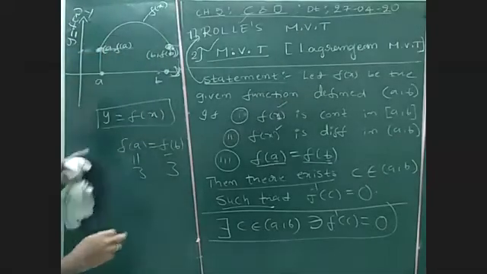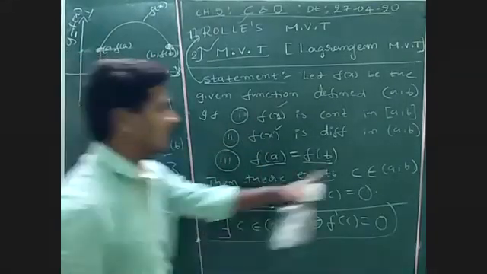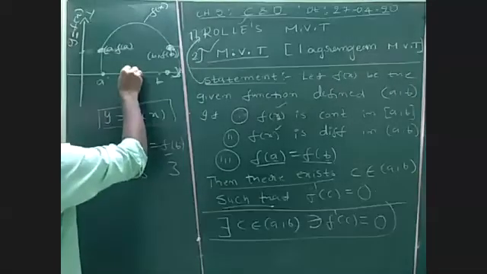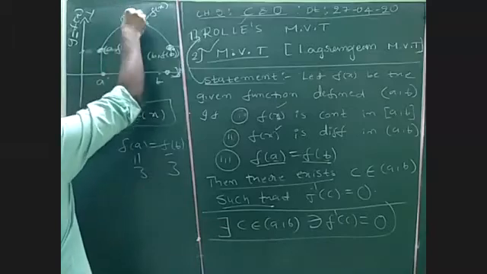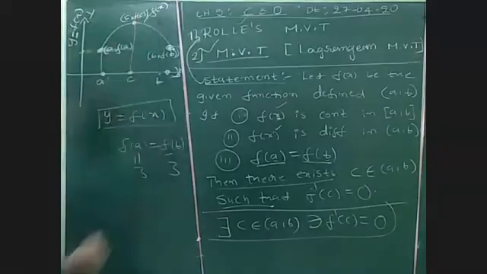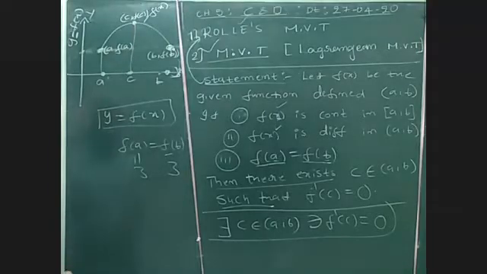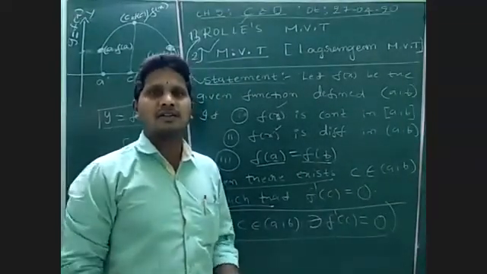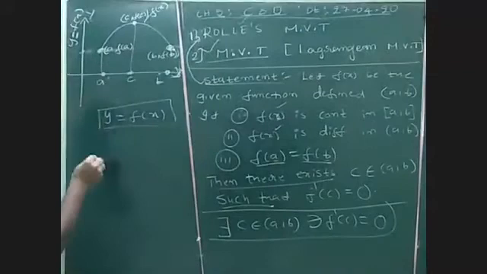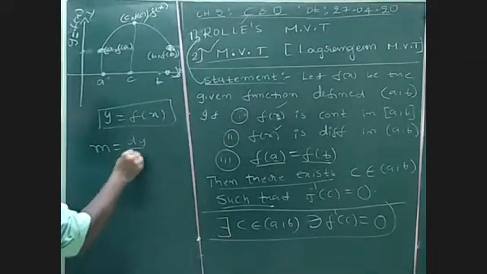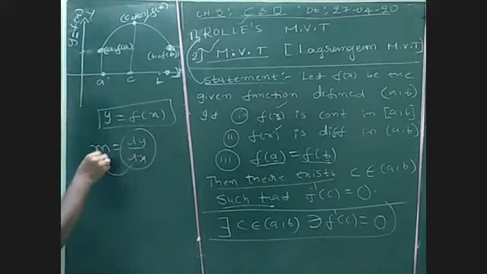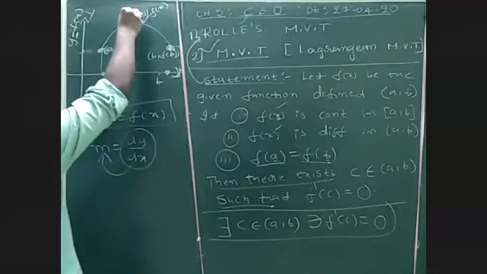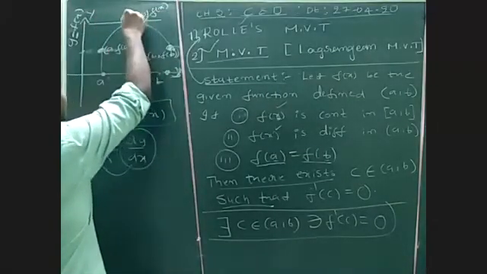This is x. So the function satisfying these three conditions, there exists one point between a and b. I am taking the point c here, x value here. Then what is the corresponding y value? F of c, right? So the main thing is, see, f dash, nothing but derivative. Derivative is nothing but slope. You have already studied this. M can be written as dy by dx. Yes or no? Dy by dx will represent slope also. M is slope. Slope of what? Slope of tangent.